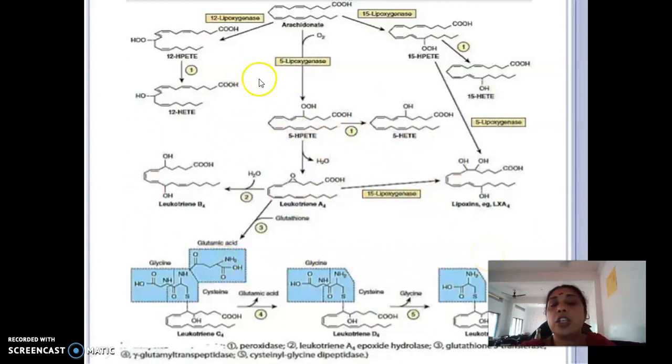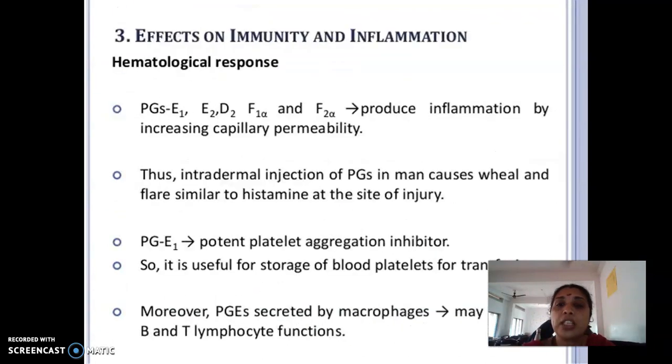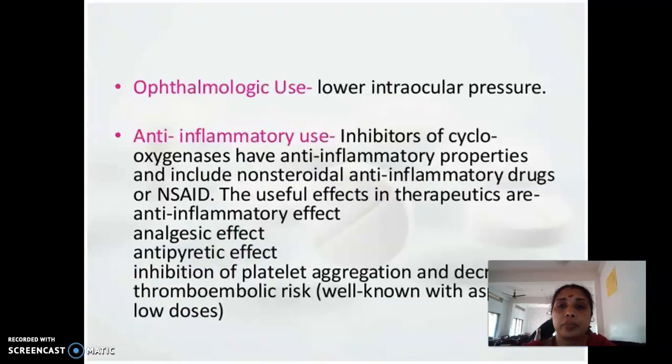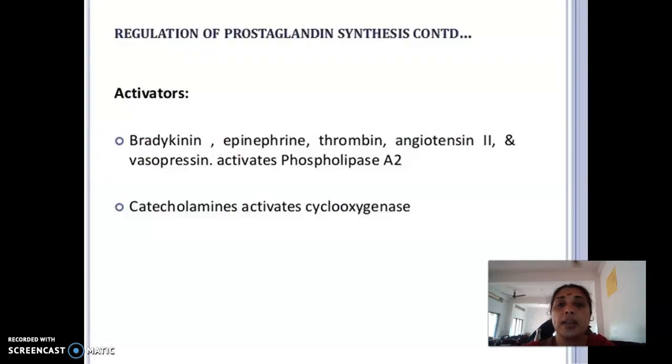And another characteristic feature of leukotrienes and lipoxins is, did you notice, here arachidonic acid, in the case of prostanoids, the arachidonic acid will be converted into PGG2. The cyclooxygenase enzyme acts, PGG2 is formed, and followed by PGH2. So that they will be forming a cyclic ring system. So in the case of prostaglandins, prostacyclins and thromboxanes, there was a characteristic ring system. In the case of prostaglandins and prostacyclins, there was a cyclopentane ring system. While in the case of thromboxane, there was another ring system which is known as the oxane ring system.